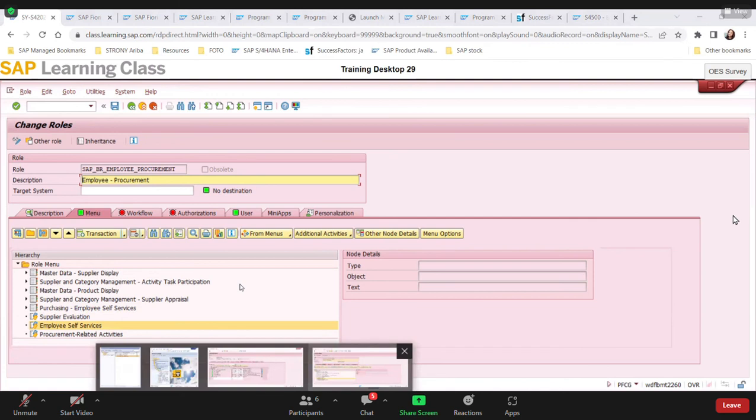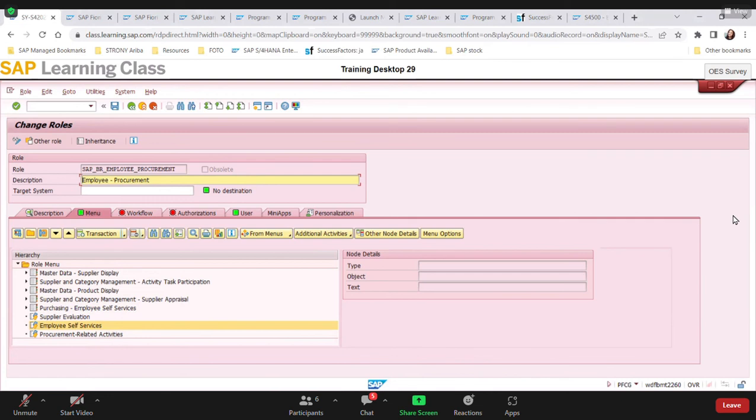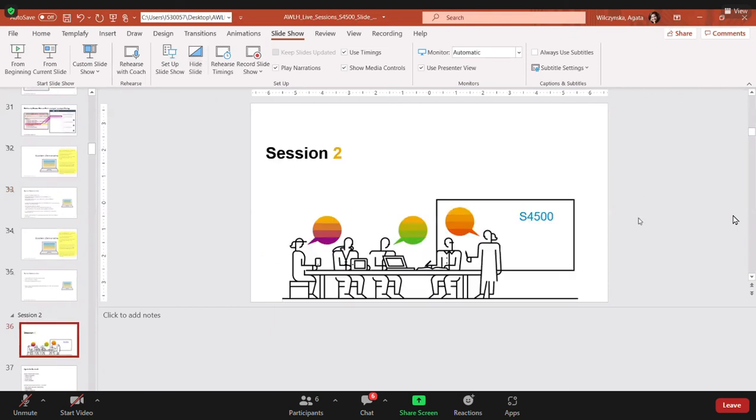Now, I know that this is just the beginning. The first session is like when you go to a new apartment and I tell you, this is the toilet, this is the kitchen, this is the living room. That's the first session. The second session is going to be about roles, because we're focusing on procurement. If you don't have any more questions, because I don't have any more material for you right now, before we start session number 2 at 12,